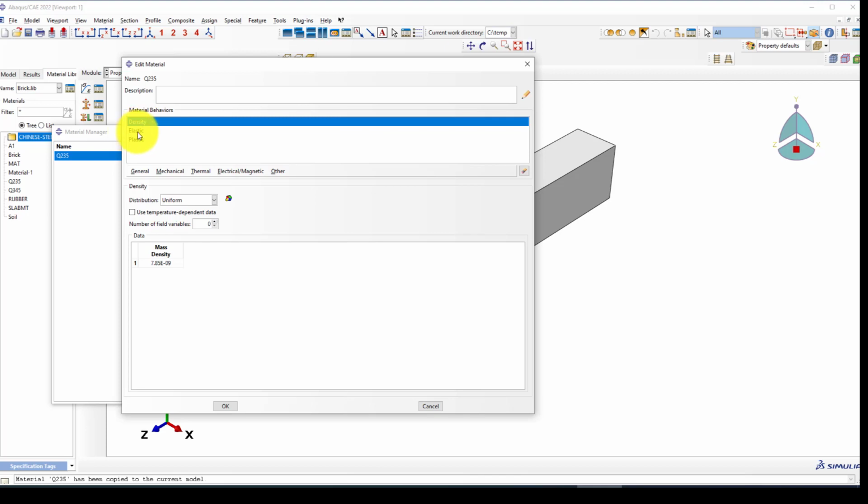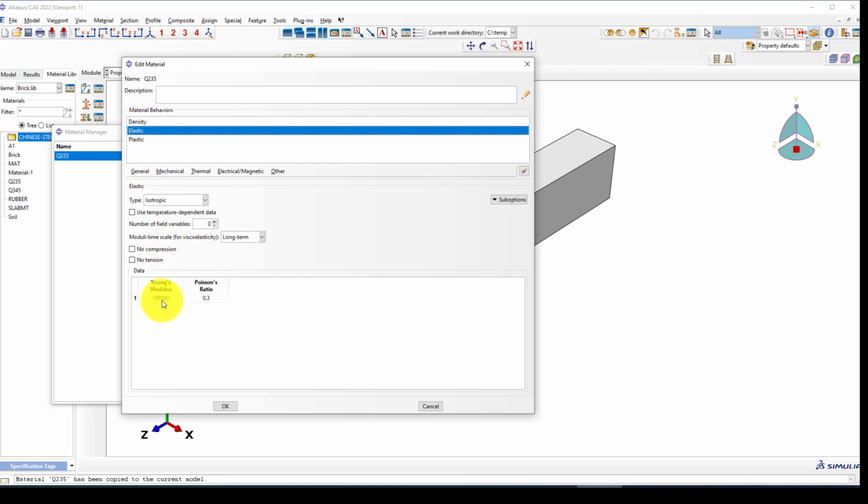For the dynamic analysis, we should provide the density for the material, 7.85E-9, and the elastic modulus is about 119,